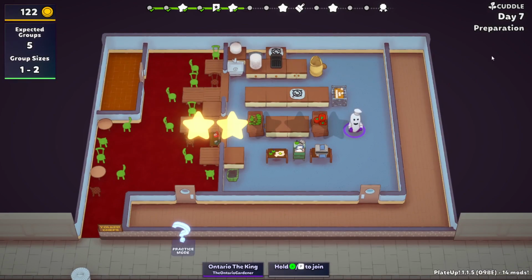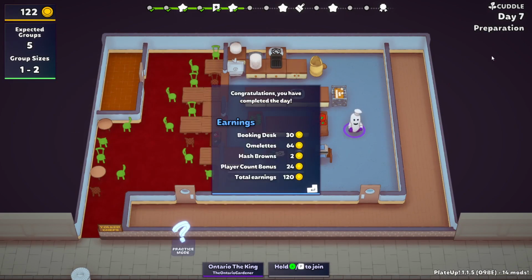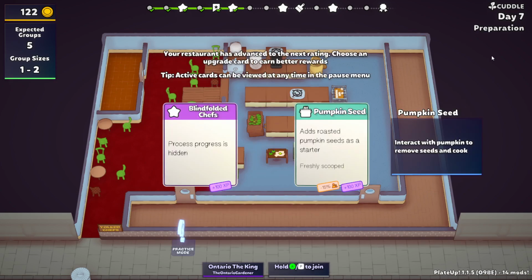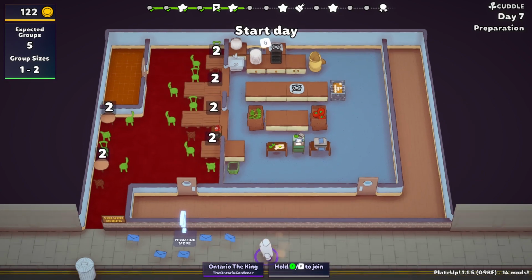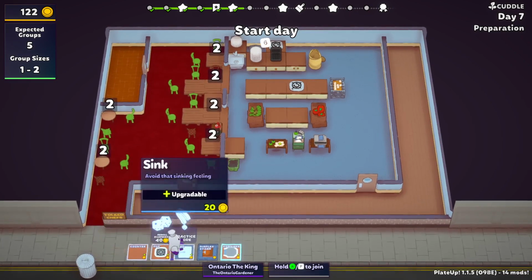Okay. Another... Yeah, we're making decent amount of money. Oh, so I hate pumpkin seeds. I hate pumpkin seeds. So I don't think I'm going to go with pumpkin seeds. I think I'm just going to go with process progress is hidden, which doesn't really affect me, really. It would be nice to get the groups back down, but...